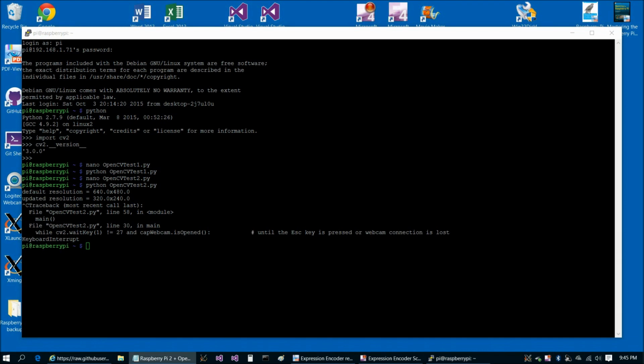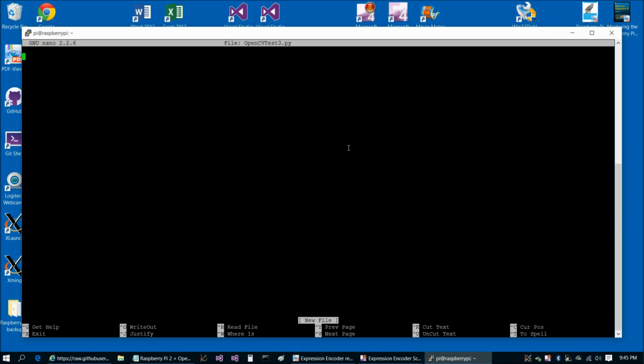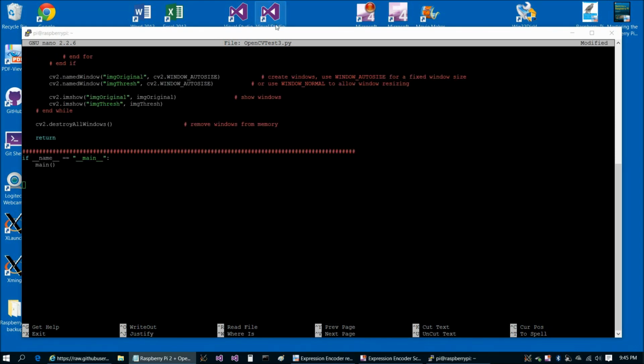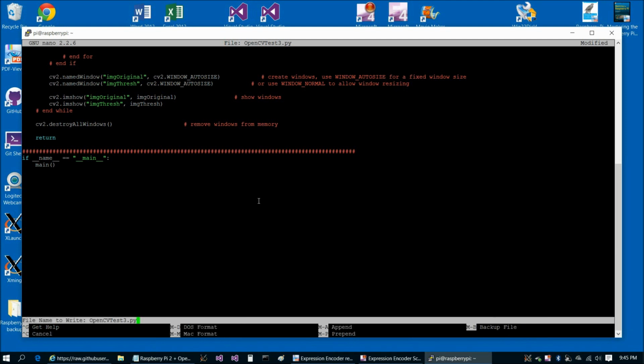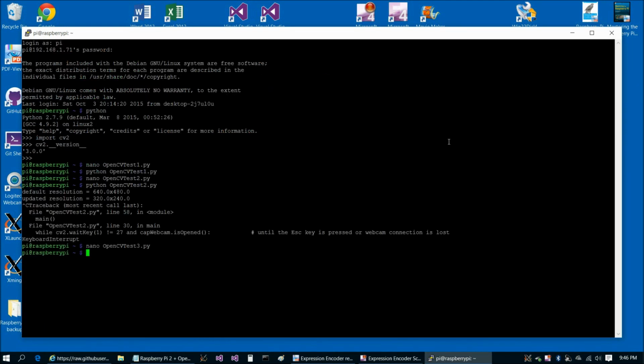And then we'll test our red ball tracker program. This will not pan and tilt servos yet, we'll get to that later, but let's do the just still image red ball tracker first. That's OpenCV test3.py, and copy and paste out of raw and paste into there. And once that pastes in, there we go, Control O and Control X, and then we're going to run it,